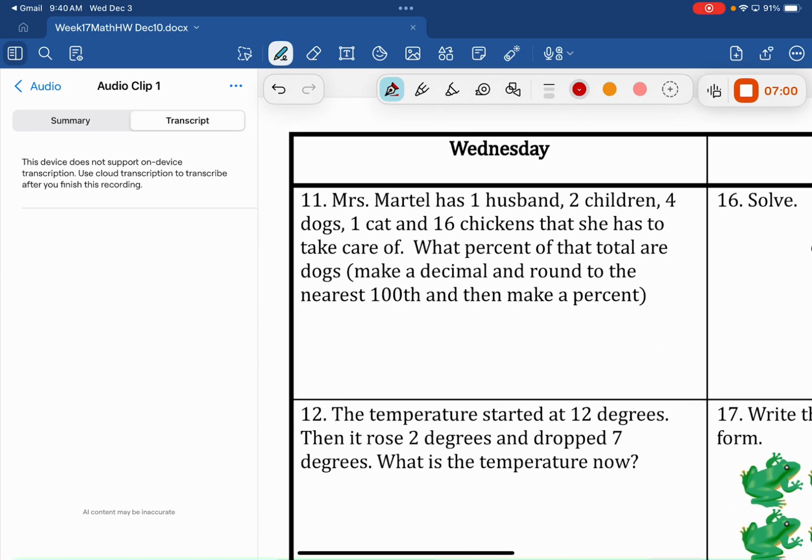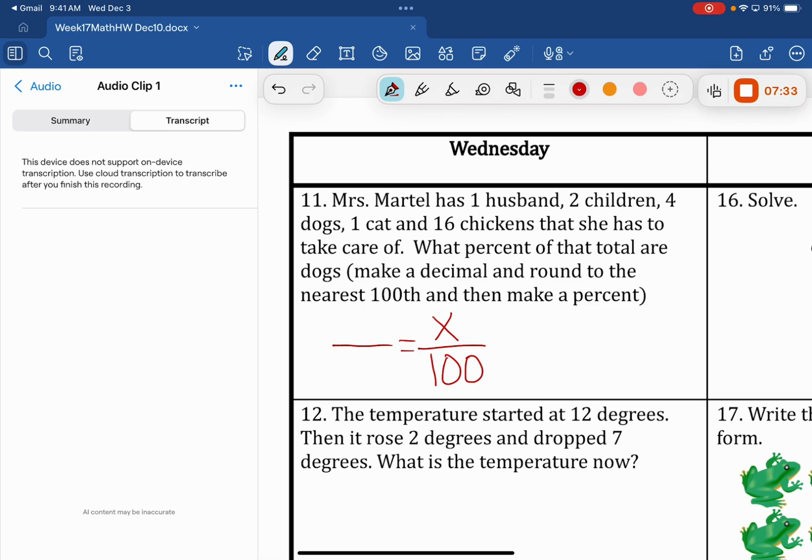And here we go. Miss Martell has 1 husband, 2 children, 4 dogs, 1 cat, and 16 chickens that she has to take care of. What percent of that total are dogs? Make a decimal and round to the nearest hundredth. Okay, so let's figure this out. Put my 100 right here. My percent is missing. We need to figure out how many animals we got,